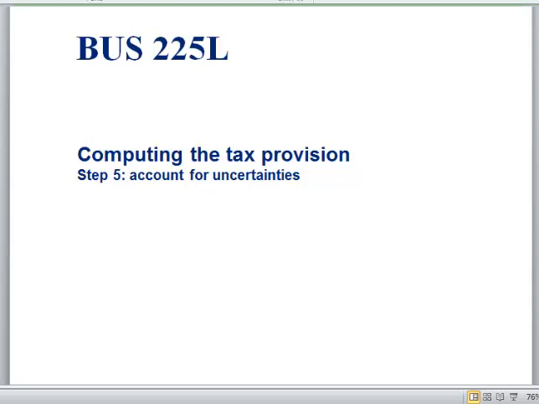All right. So the plan for the rest of the night is we're going to spend probably an hour talking about FIN 48. When I say FIN 48, I mean what we say here is step 5, accounting for uncertainties. FIN 48 was the way it was referred to before ASC 740 was out there. ASC 740 has been around, the whole ASC codification has been out there for 4 or 5 years probably now.